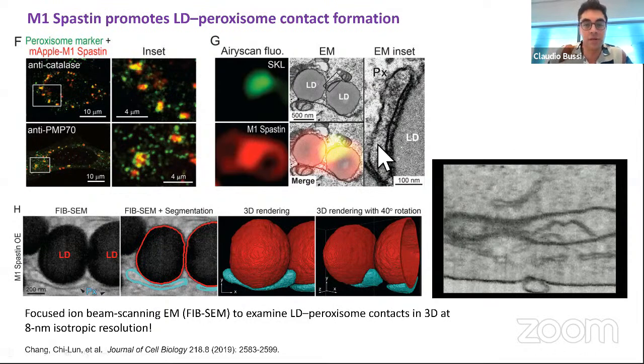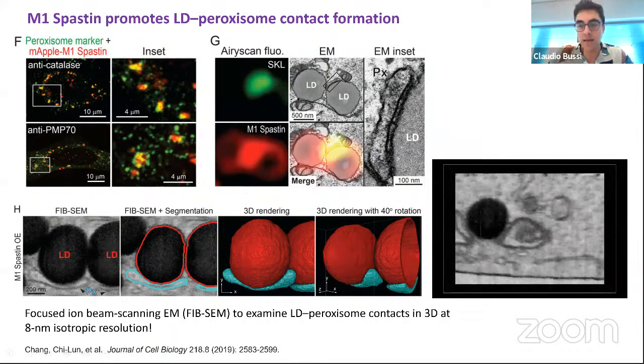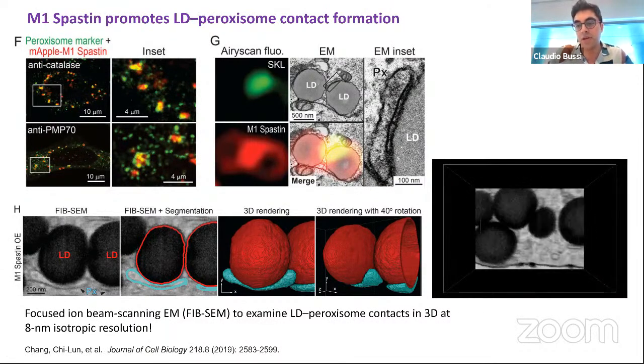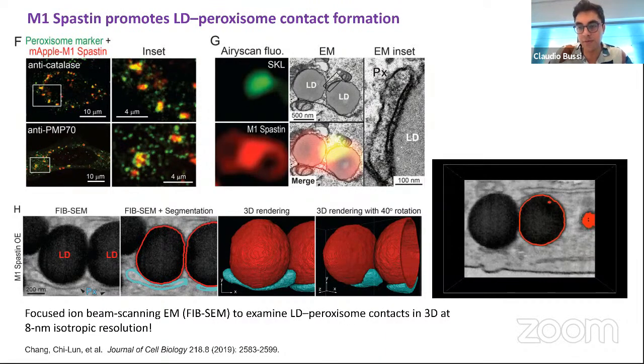Entonces, ellos luego realizaron FIPSEM para avanzar en todo el volumen de esta zona. Como yo les comentaba anteriormente, el FIPSEM también nos va a permitir hacer una reconstrucción 3D, luego de imágenes adquiridas de forma serial, lo que se está utilizando para hacer los cortes. Acá en este video van a poder observar la reconstrucción luego de que se alinean todas las imágenes y se hace la segmentación en 3 dimensiones.